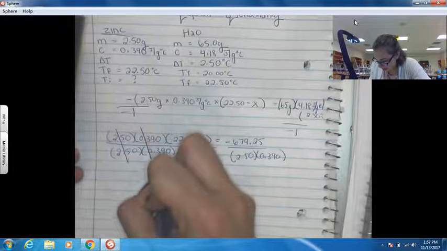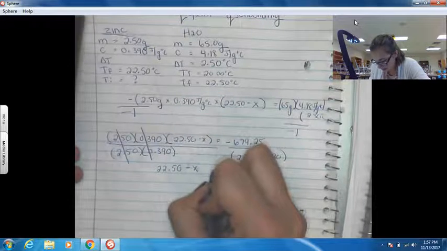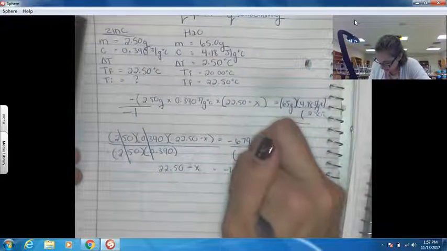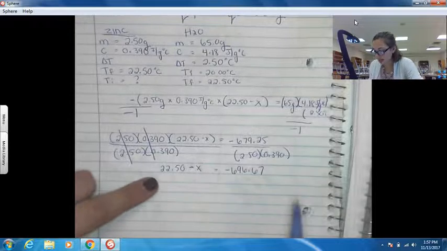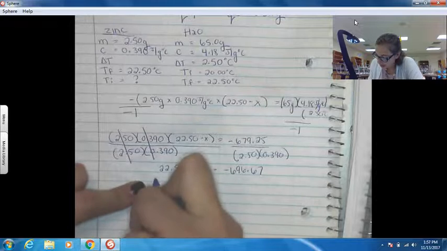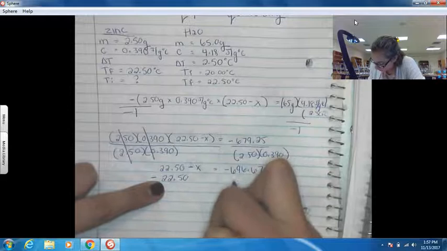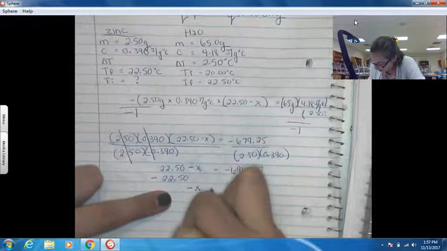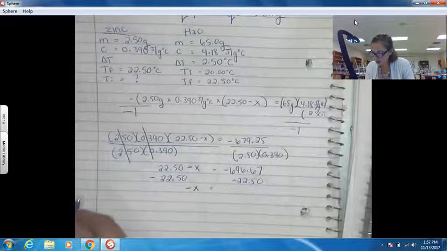So I end up with 22.50 minus x is equal to negative 696.67. Now I still want x by itself. Since these are subtracted from each other, I'm going to subtract 22.50 from both sides, and I'm going to end up with negative x is equal to, now I do negative 696.67